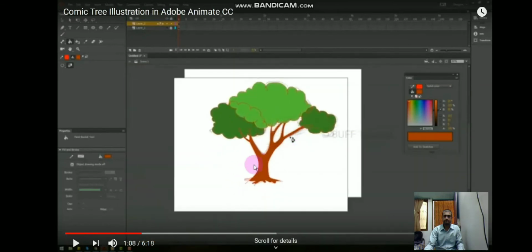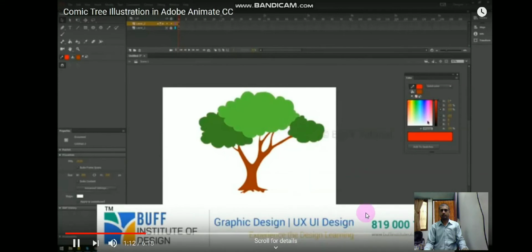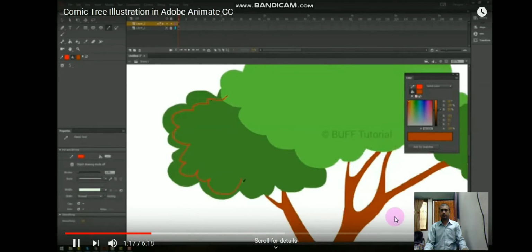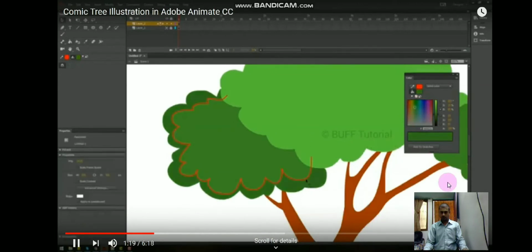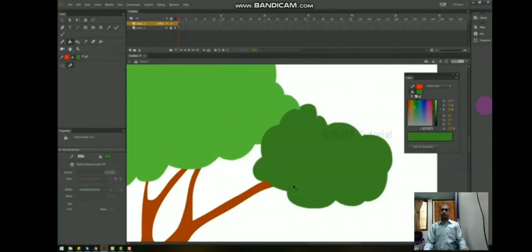Now in this also you can take the shades. So again you will draw the line with the pencil tool, and with this pencil tool you can draw the line outside to choose some more shades. So how will you choose the shade? Simply, you have to just give some light colors. So again take your pencil like this and draw, and then choose the color. You will choose the green color only, but it must be of different shades.